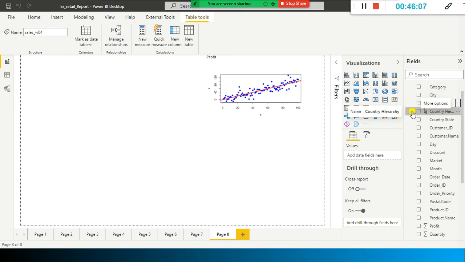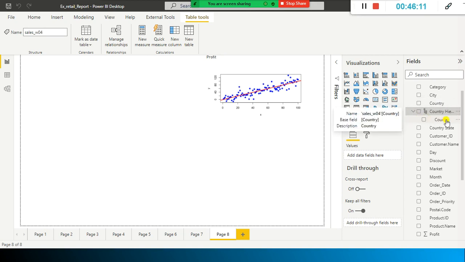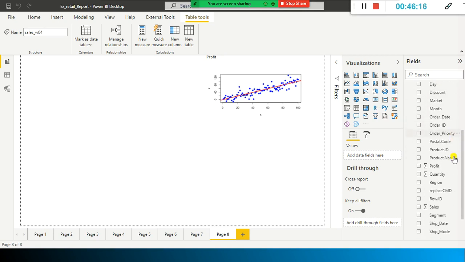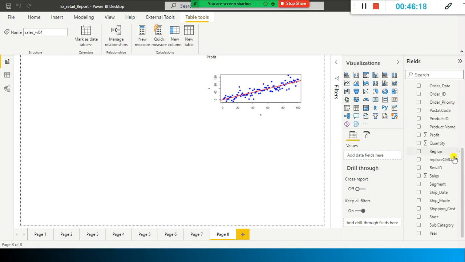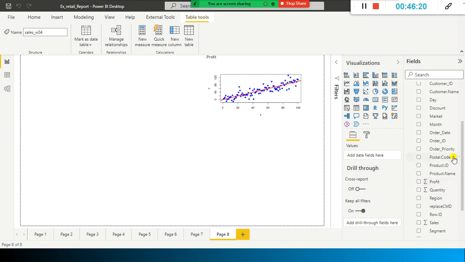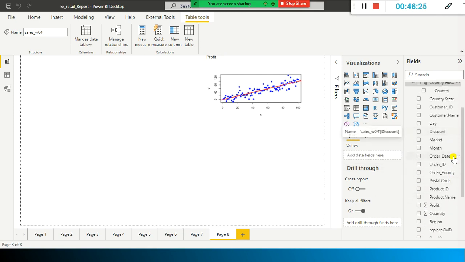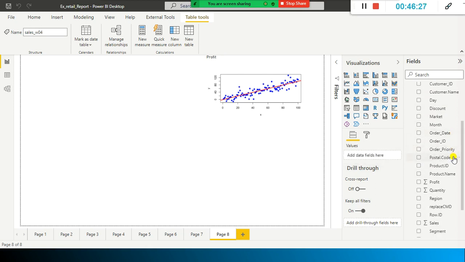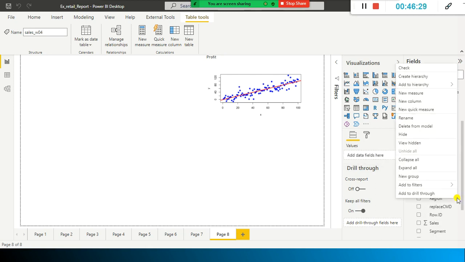If you select this arrow mark and expand it, you can see country is already made part of the country hierarchy. Now you want to add some more levels beneath this country. So country, and the next one is state level, and city level you can have. Here I'll add region.